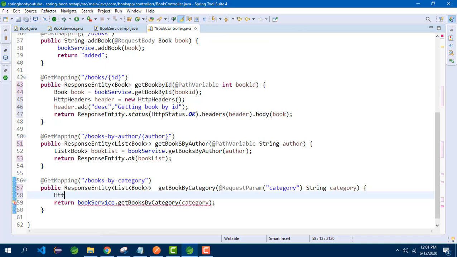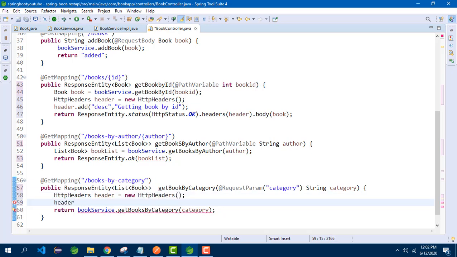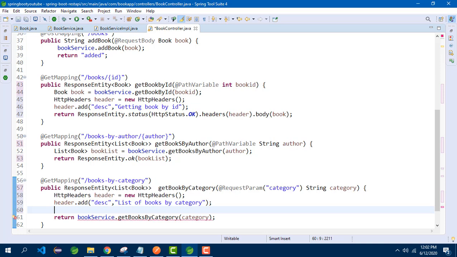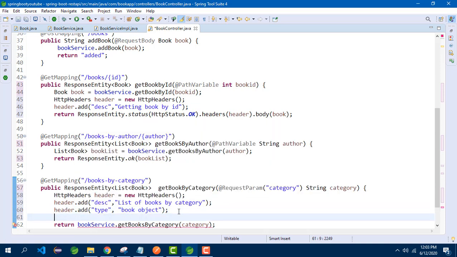In this case, let us add two custom headers. Header equal to new HTTP headers, header dot add, description, list of books by category. Then header dot add. I have added the second header also.